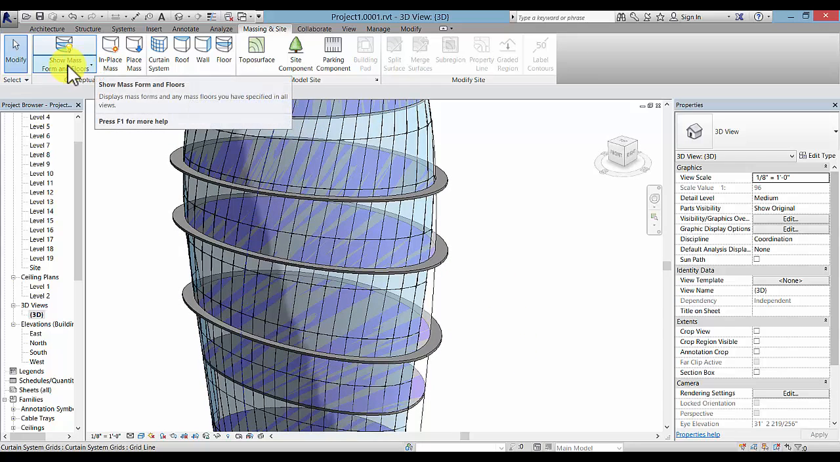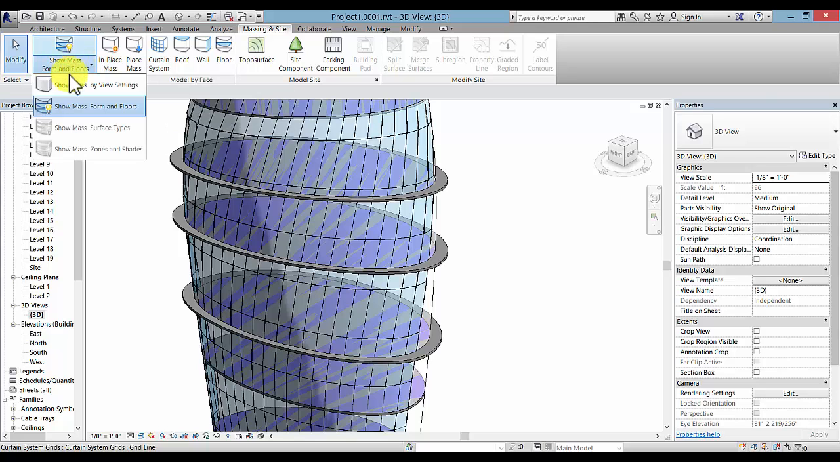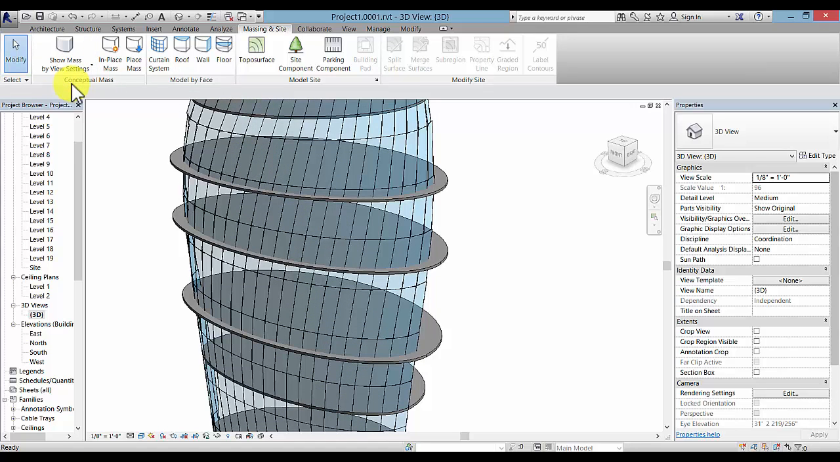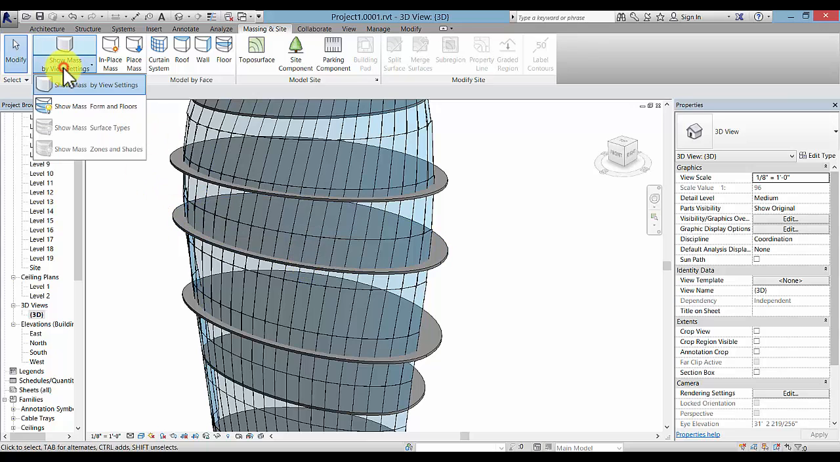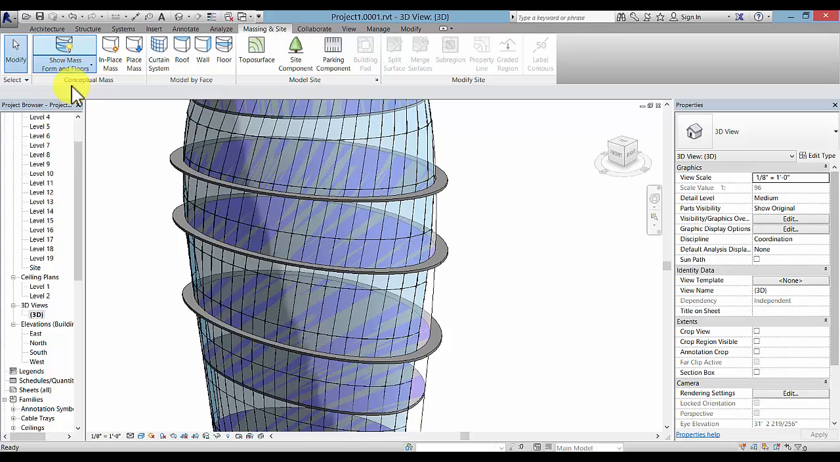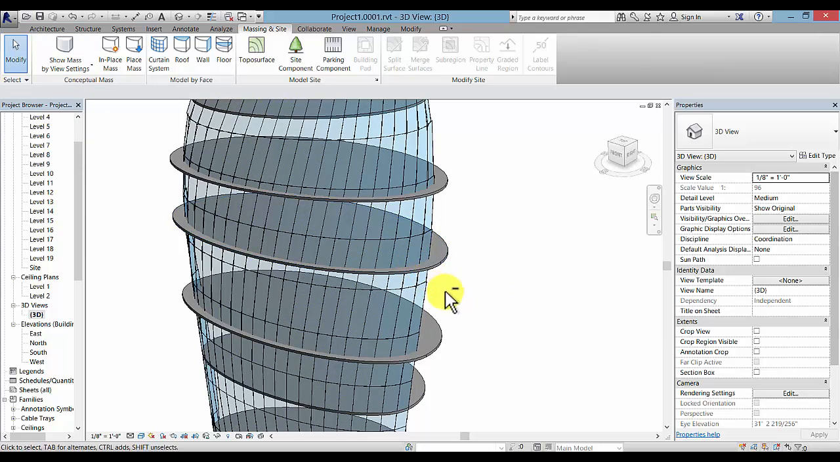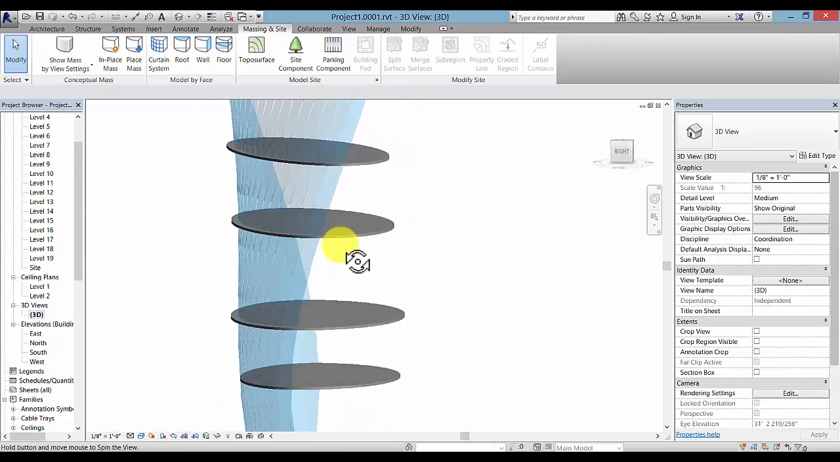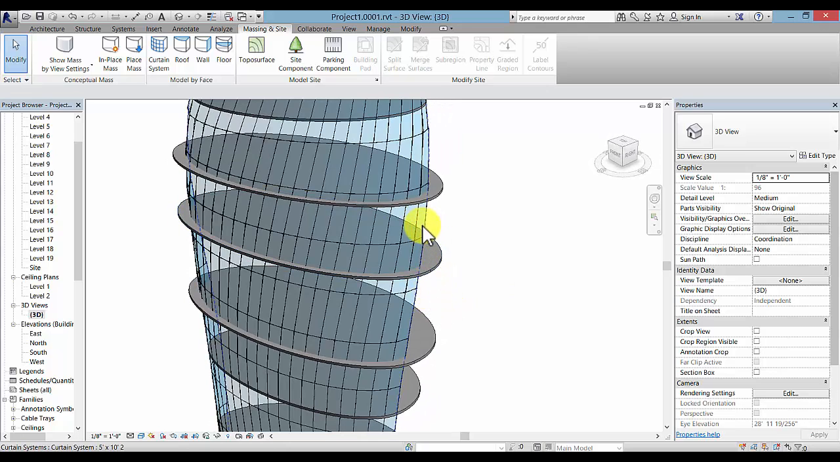I'll turn the mask off by clicking here, Show Mask, by View Settings. If it doesn't turn off, then you'll have to type in VG and uncheck masks so that it does turn off. And now, see, I'll be able to turn it back on and off using this drop down. So it's off now. You can see that I only put glass on one side. But if